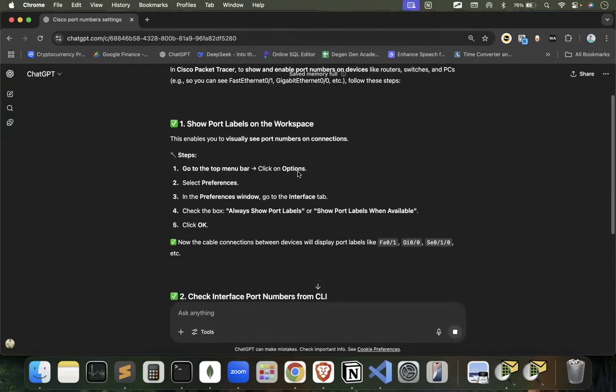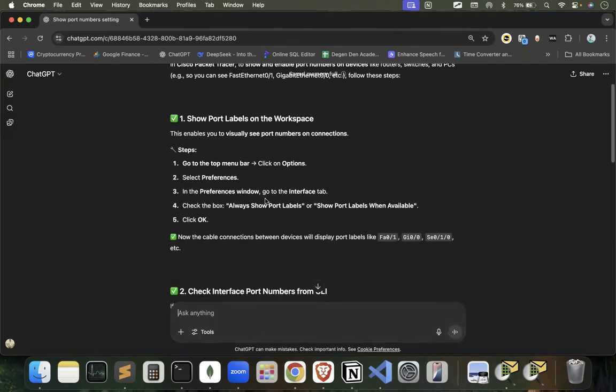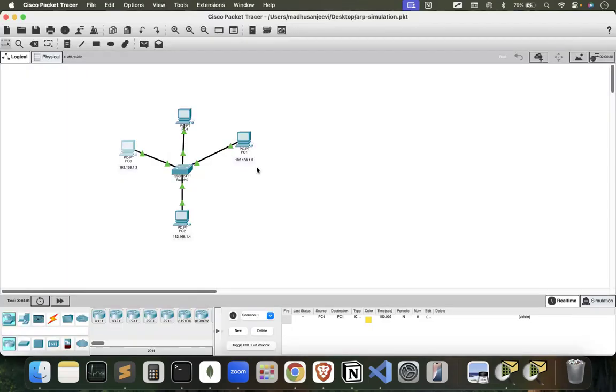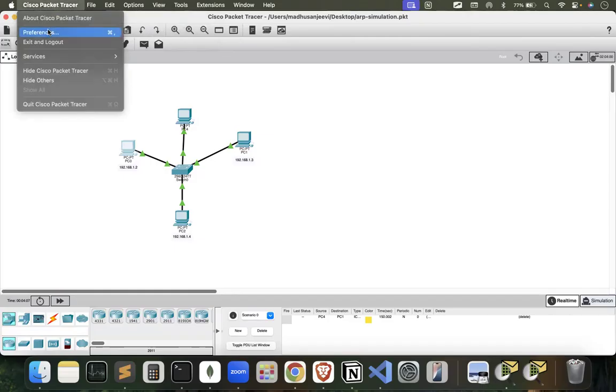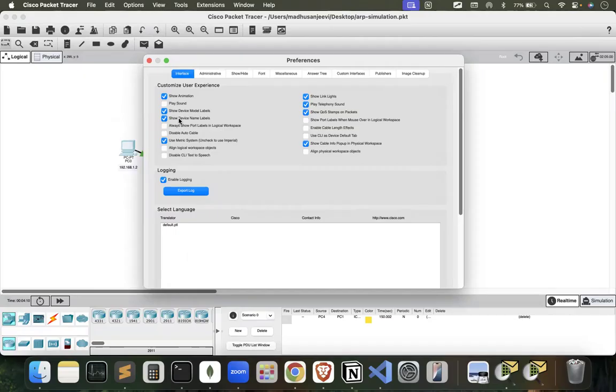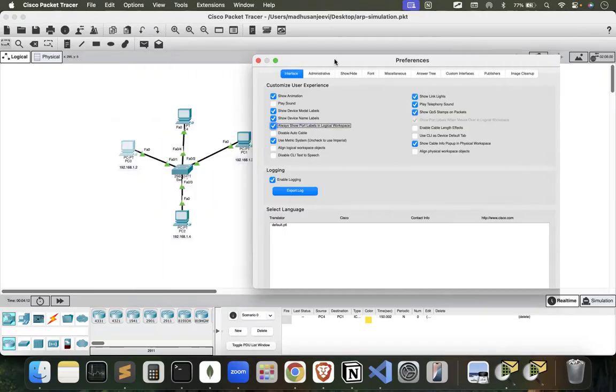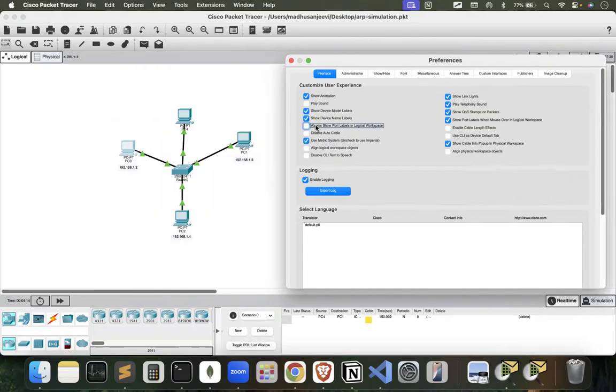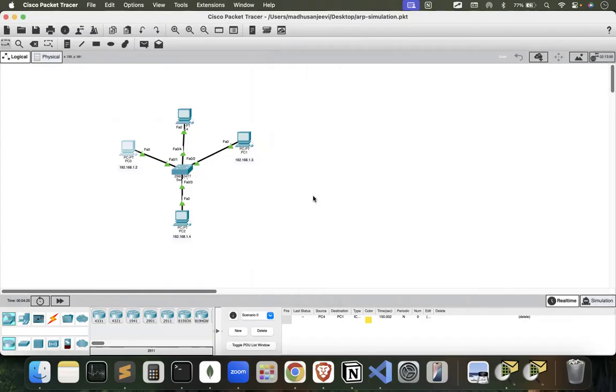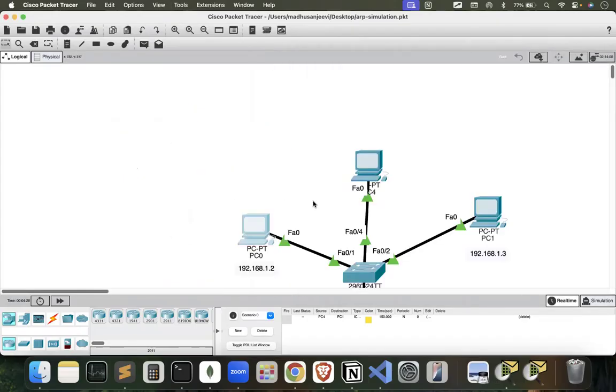Okay, go to the top menu, click options, select the preferences window, always show port labels. Let's see, you see. Do we need anything else? Play sound? No, not required. I think that's it. Now you see by zooming in,